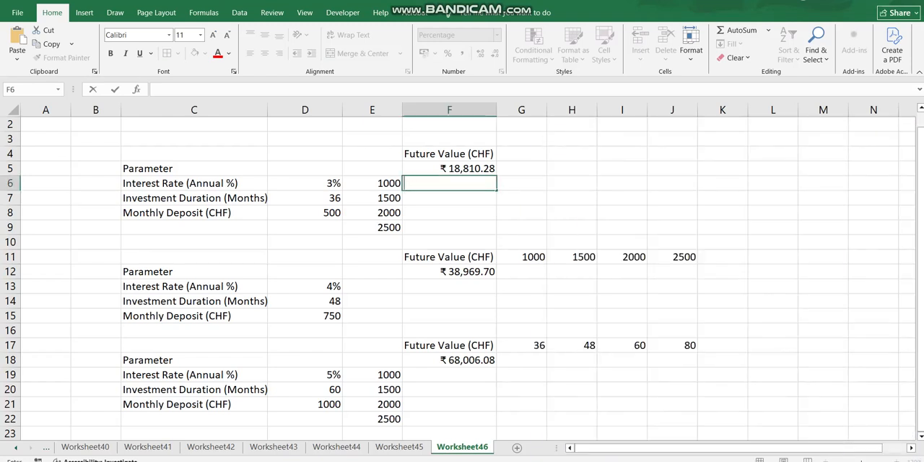I have the interest rate in percentage, the annual interest rate 3%, investment duration in months 36, and monthly deposit 500 CHF. So for this data, I have used the future value formula and calculated the future value. See, this is the formula: FV, rate, that is 3% divided by 12, comma, investment duration, that is